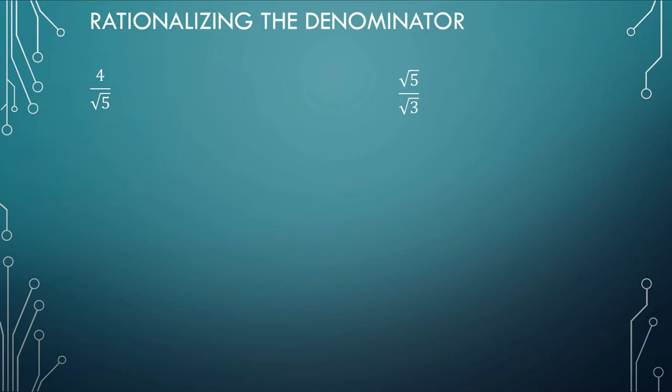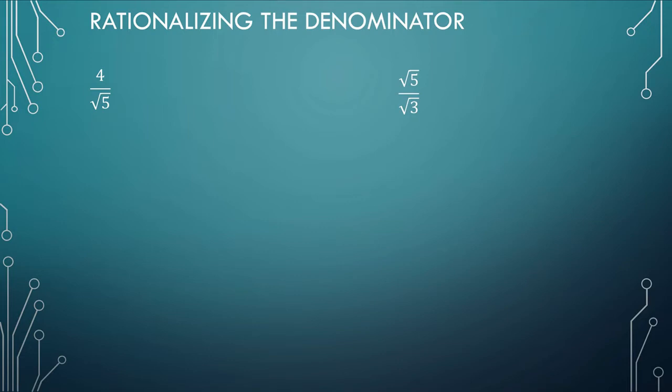So now we're going to talk about what we call rationalizing the denominator. Now, the reason we rationalize the denominators, it may not seem like it, but it's easier to divide, it's easier to simplify. So back in the day, before calculators were invented, they actually had to divide these by hand, right? And so to put it simpler,